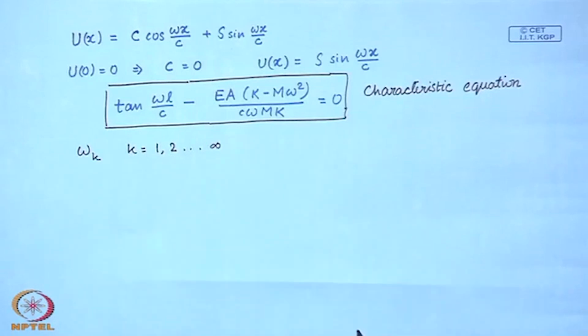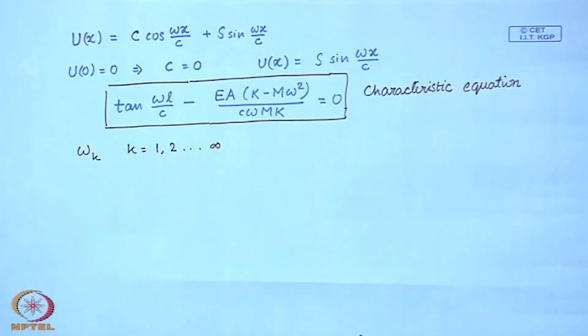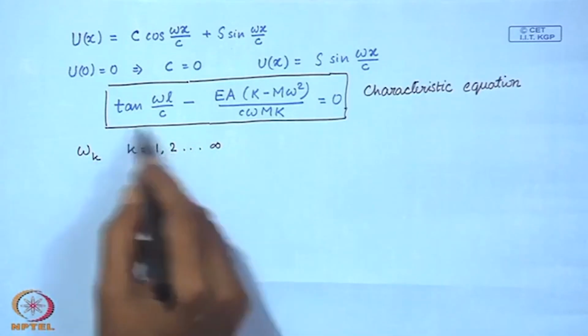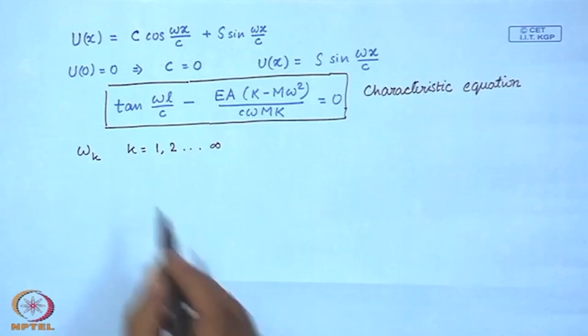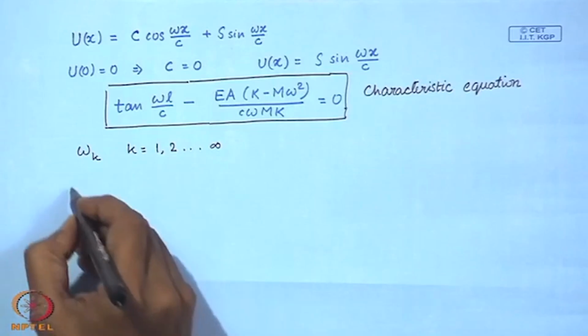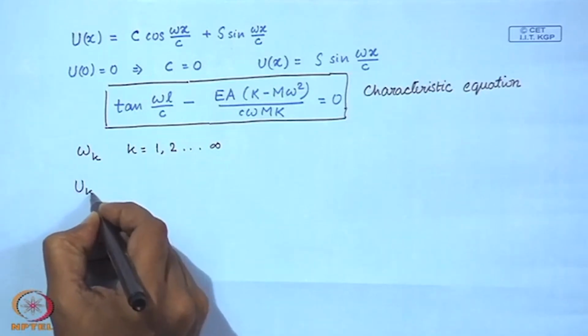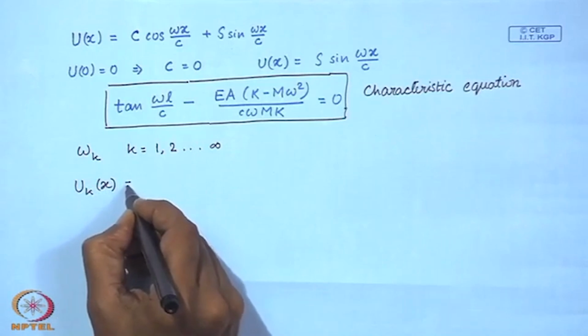So, you have countably infinitely many circular natural frequencies of the system obtained by solving this transcendental equation. And corresponding to these eigenvalues or circular natural frequencies, you have the eigenfunctions,